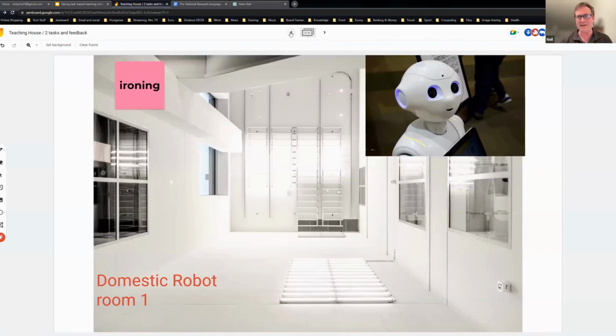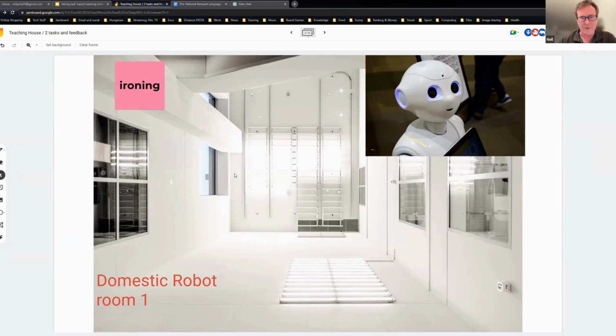And here's the task. You can install 5 apps on your domestic robot. So go into the room, give them a time limit, choose the apps that you want. You only get the apps you choose. So if you only choose 2, you only get 2, right? So if you want 5, choose 5, and you've got 3 minutes. And they're all going to discuss.